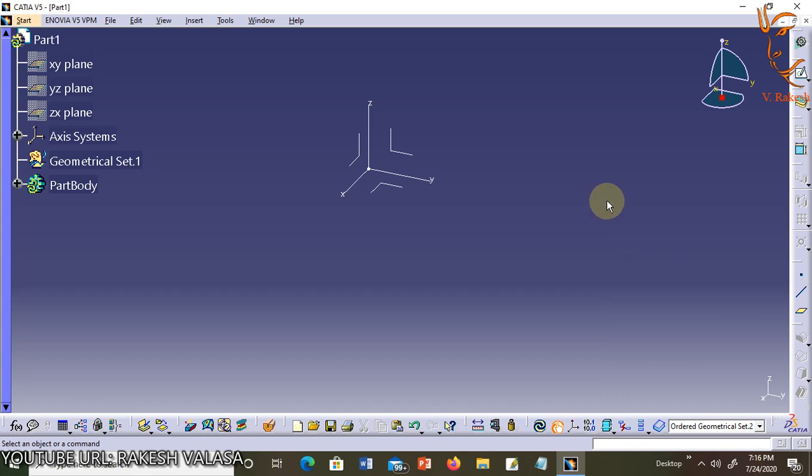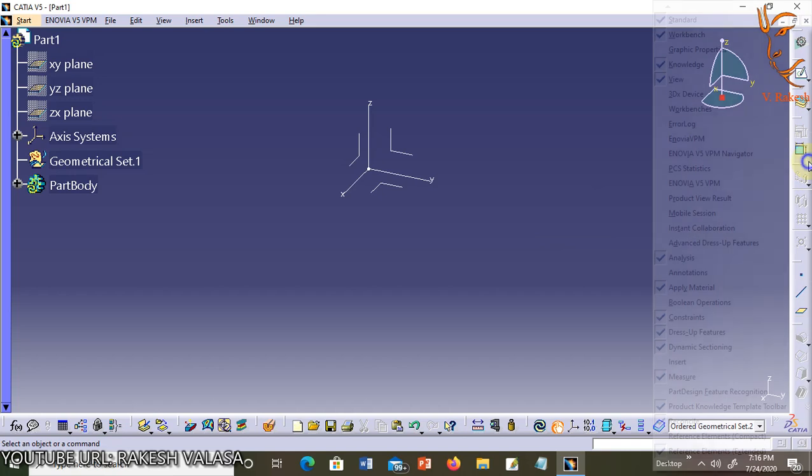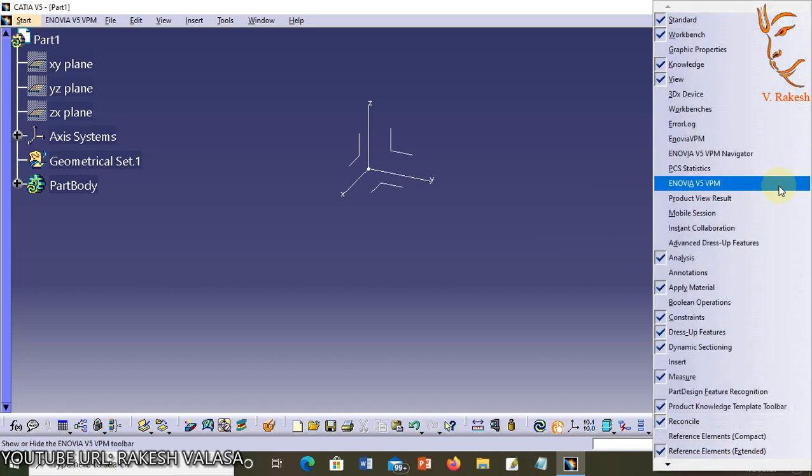To reopen the toolbar, you can drag the cursor over the side toolbar and right mouse click. This will bring up the contextual window.